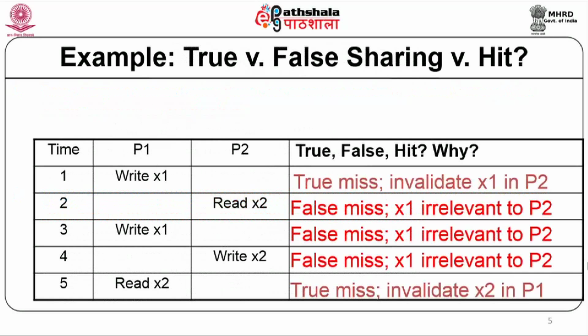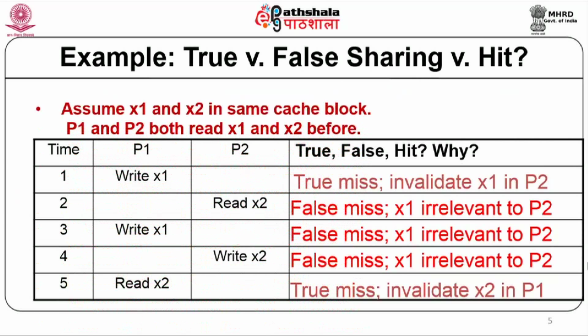So, this is an example showing a true sharing miss and a false sharing miss. Assume that x1 and x2 are in the same cache block. Processors P1 and P2 both read x1 and x2 before. Suppose processor P1 wants to write x1. This is a true miss. Because it is doing a write operation, it will invalidate the x1 value in P2 by invalidating the